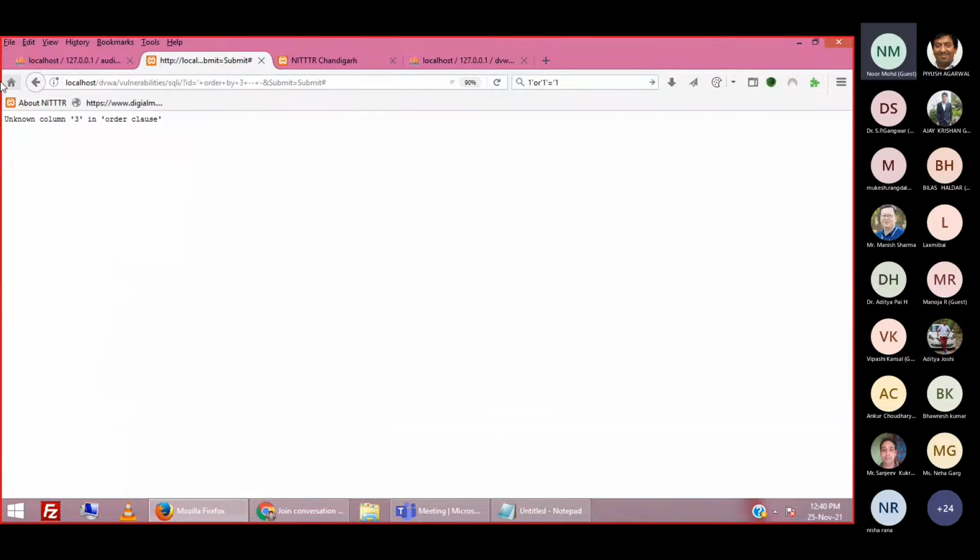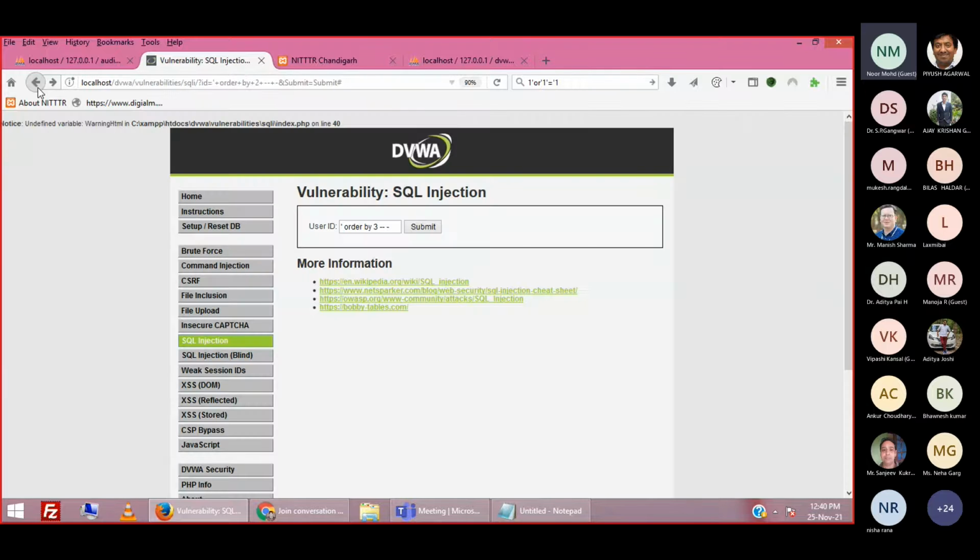So what we are doing as a hacker is getting to know how many columns this particular query is working on. Once we know there are 2 columns on which this query is running, now we can upload our payload, our dangerous database function, on any column number value, right? Two columns it is fetching, so we can exploit any column, and we will write our payload along with that query, right?